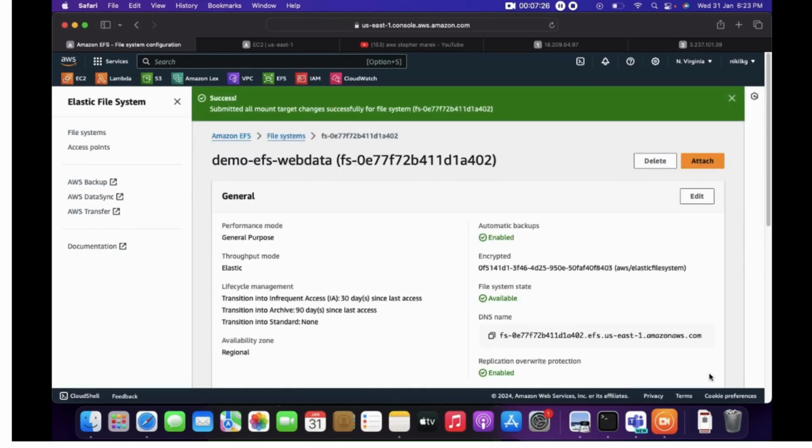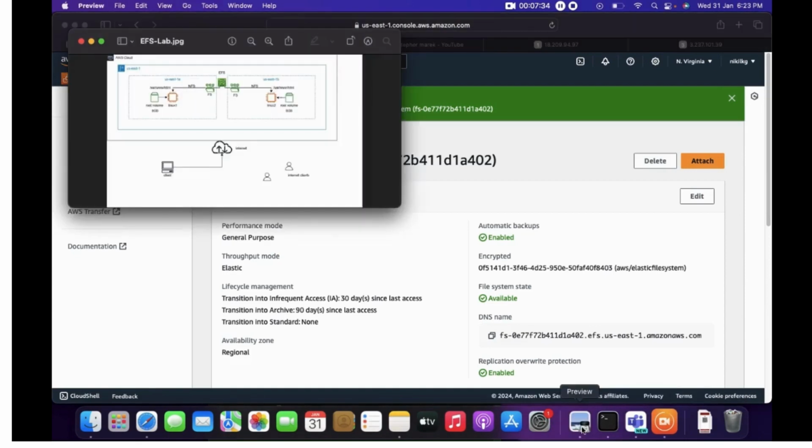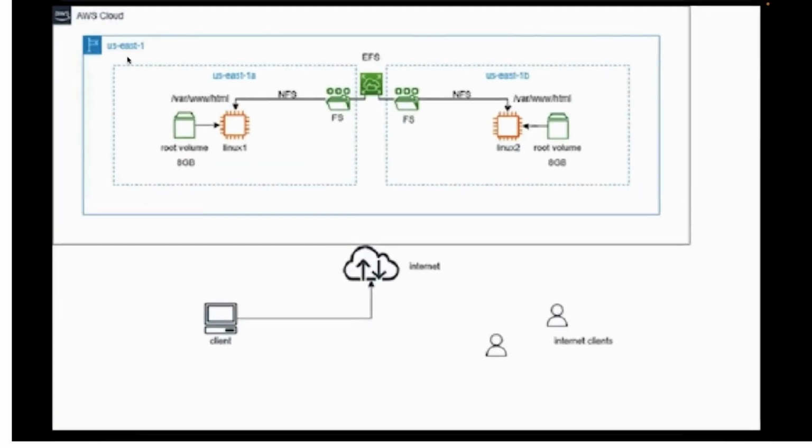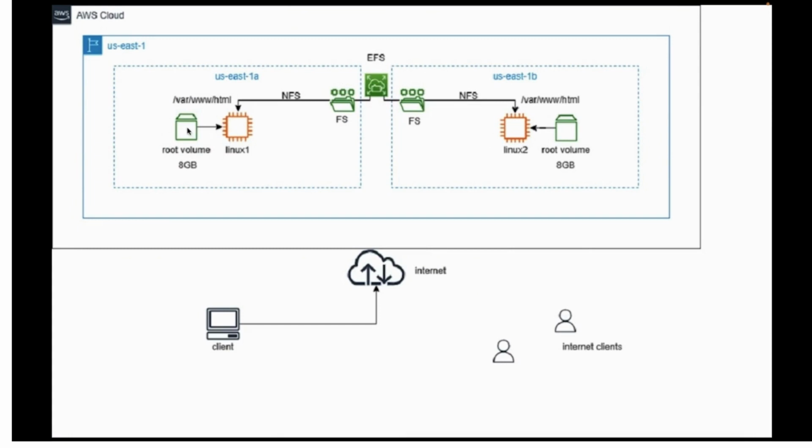Okay, so we created the file system and attached to it. Now the next thing is, let me open the diagram. We have a web service, and the web server is running on this instance and this instance,